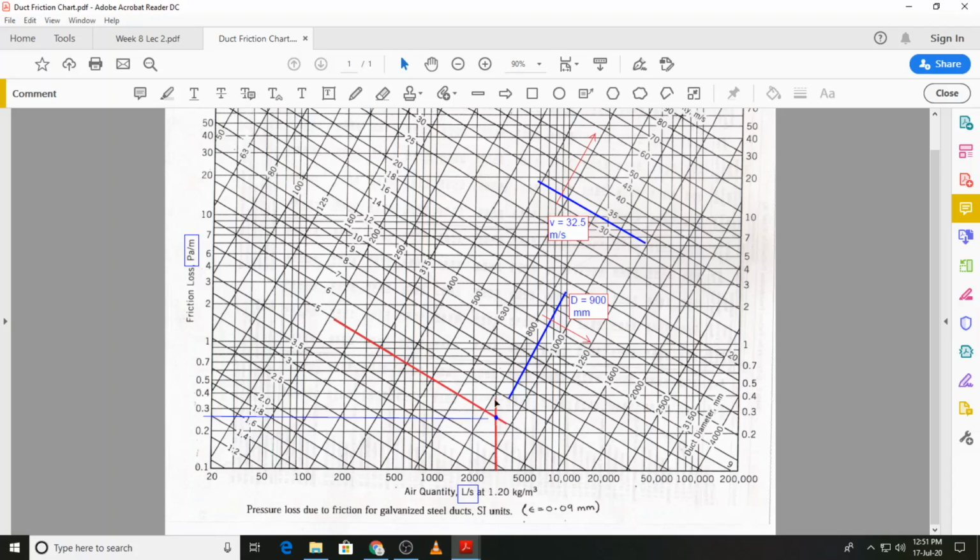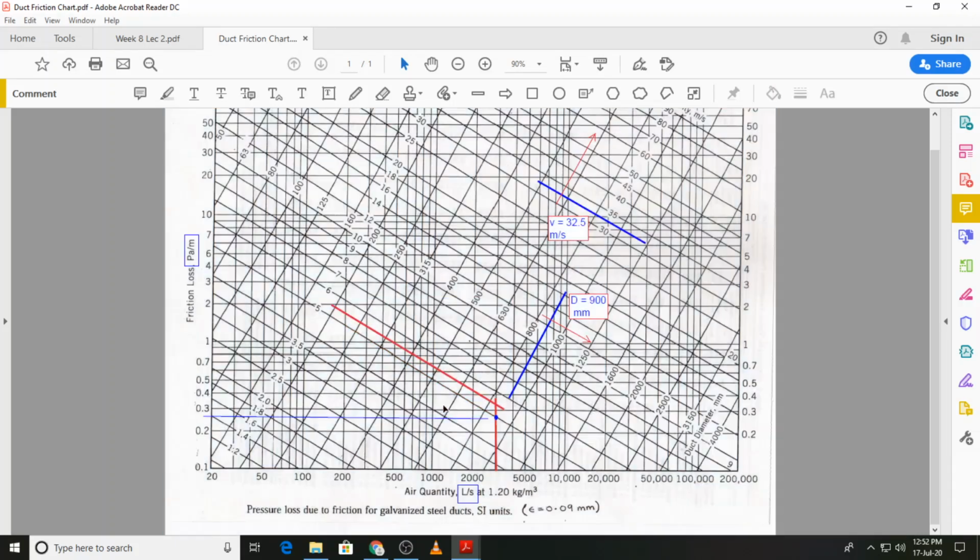So you draw a vertical line, and then you draw a line which has a velocity of 5 meters per second. Where they intersect, you draw a horizontal line that you can see over here, and then read the value from the scale for the friction loss, and the value over here we can see is around 0.275 pascals per meter. If the velocity that you are given is, let's say, 5.5 meters per second, then you will have to draw a line yourself like this,